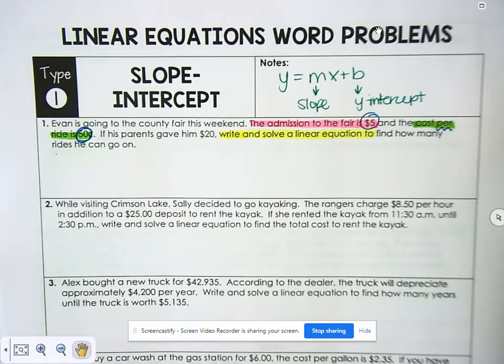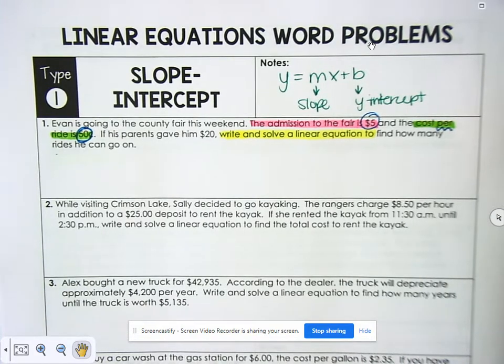All right, y'all. So today we started linear word problems, okay? And we got through about half of them. So that's what I'm going to go through on this video. And we started talking about slope-intercept form and standard form, the type 1 and type 2. But I don't really care so much about what type it is. We're just going to kind of read through these problems and write an equation from it, and then we're going